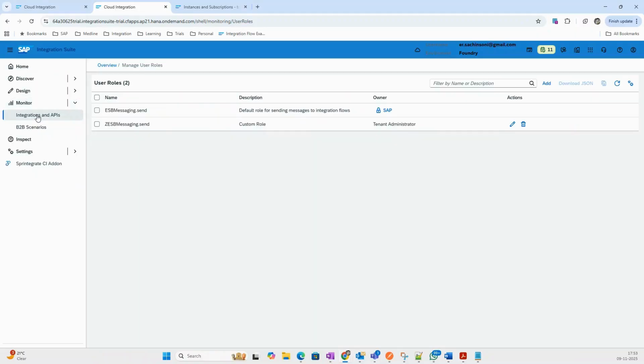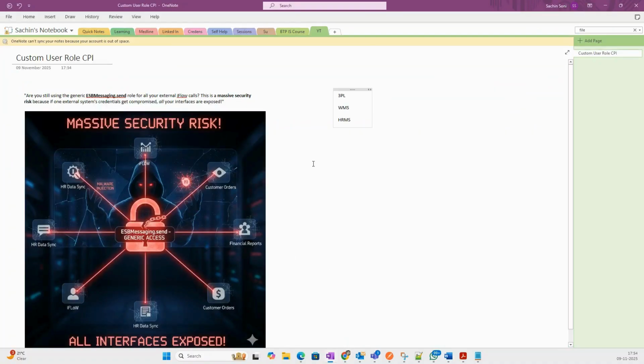This is on your CPI monitor, and then the Manage Security user roles palette. If you go there, you will see custom user roles. You will see the standard ESBMessaging.send role as well as the custom role that I've created here. So first, we create a custom role,